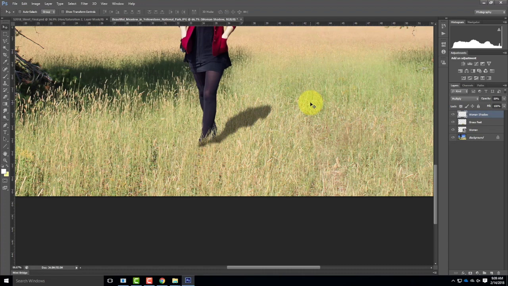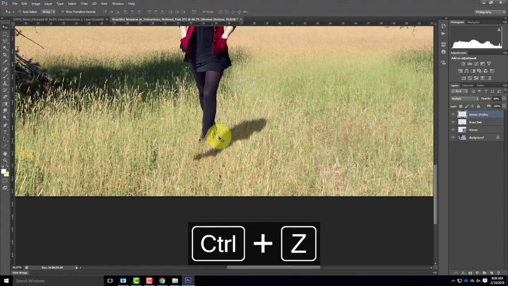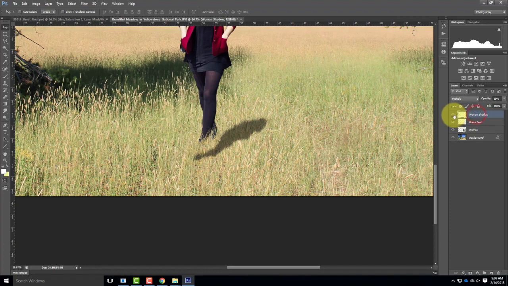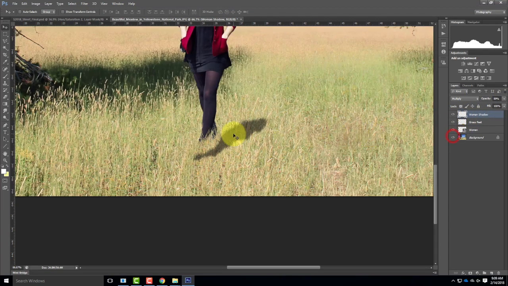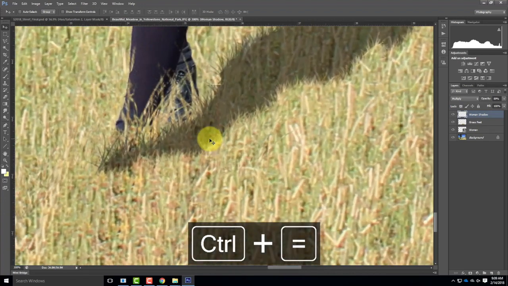I could instead, let me do Control Z. There we go. I could add some more shadow in here, just on the shadow layer. I could add some more gray right in there, but there's lots of ways of doing it. So let me go ahead and just move it up in the interest of time. It's not quite so long. It probably needs a little bit more shadow